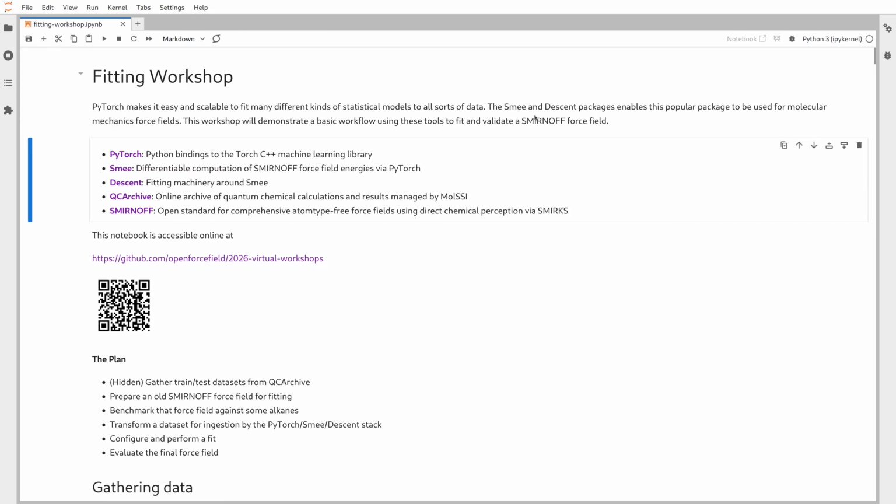So our previous fitting stack uses a piece of software called Force Balance, which is bespoke optimization software for molecular dynamics force fields. And we're transitioning towards using PyTorch. PyTorch is a more generic, general purpose machine learning package. And the Smee and Descent packages implement PyTorch optimization for molecular dynamics force fields. So we're just going to demonstrate a really basic workflow using these new tools to fit and validate a Smirnoff